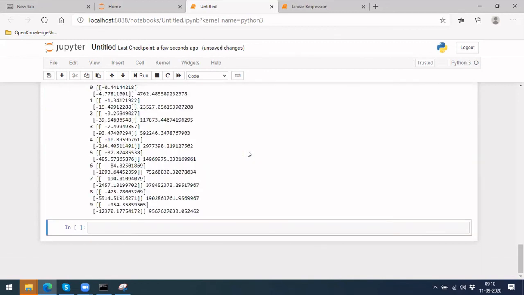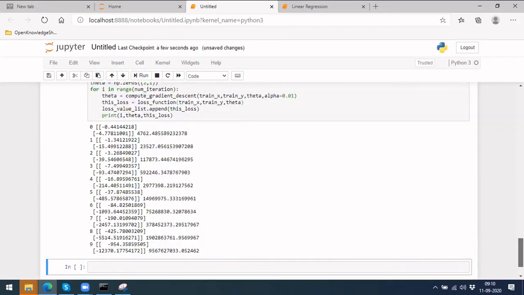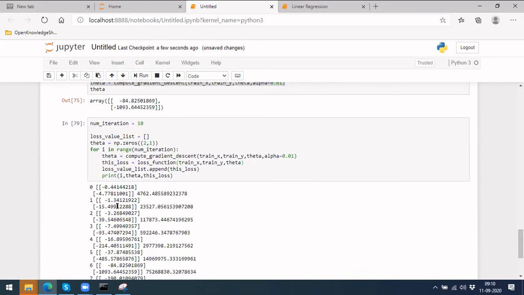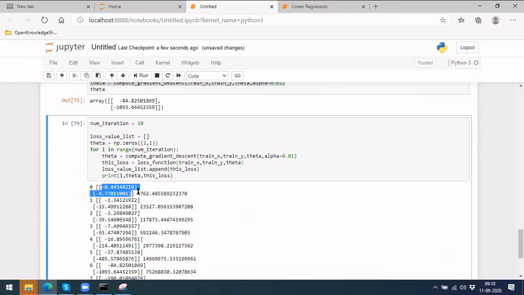If you see, in the 0 iteration your thetas have changed to something like this, and your loss is like this. Next, in the second iteration, your thetas are like this, and the loss is like this. Did I implement it well?